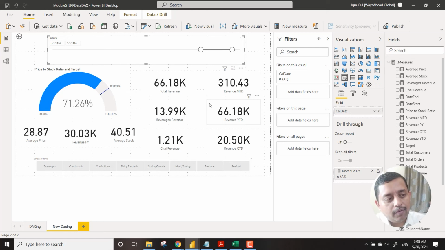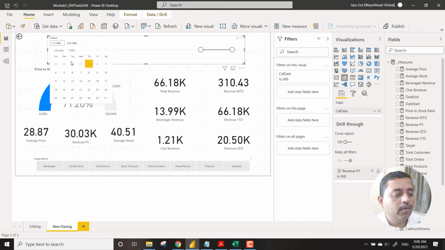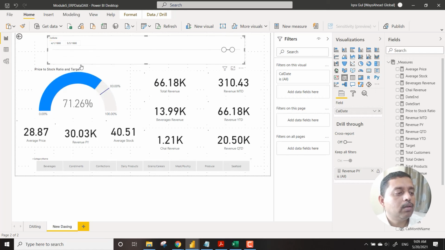So it will take from the 1st to the to date, the end date, whatever you have given. Same goes with QTD also. If I just move it from January to April and say 1st of April, now you see what happens. You select 1st of April, and you will see the QTD value matches over here.